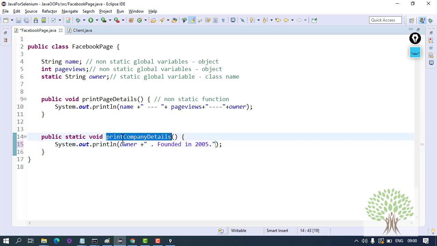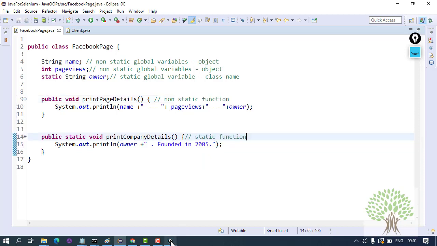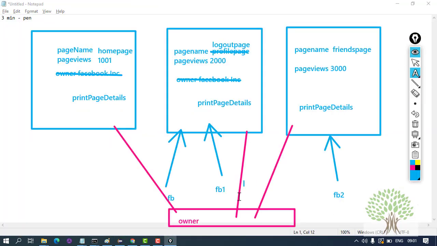So this is a static function. This will not be the part of the object. If something is static, it is never the part of the object. It will be again lying somewhere over here in the memory at a common location.